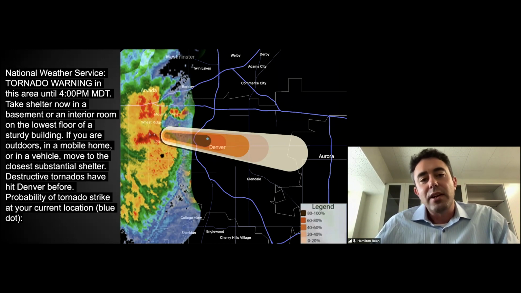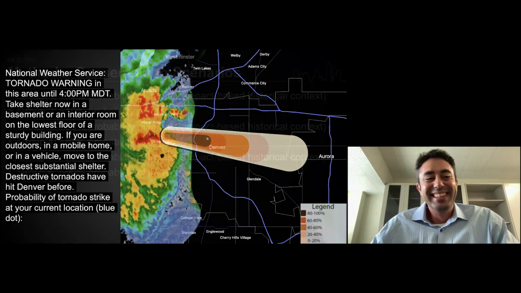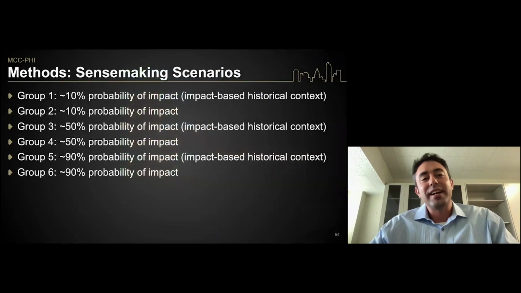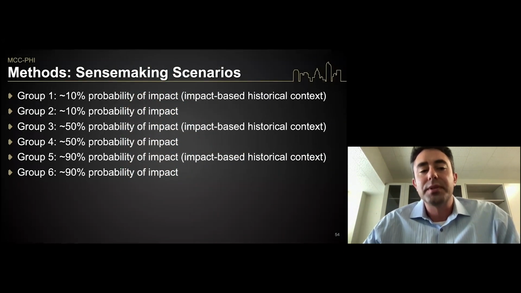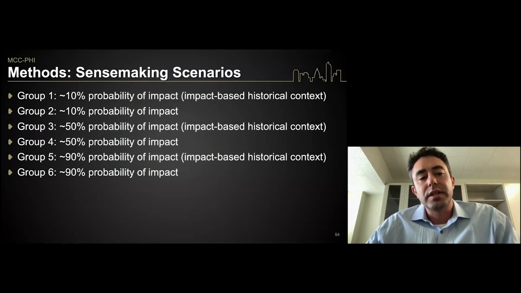But since everybody has already gone to the interior of the building, they're going to remain safe and nobody will be hurt in this scenario. But you can get a sense of what we're trying to do in the workshop. We're going to have six workshop groups. We're going to show them different combinations of messages, some at 10% probability, some at 50, and some at 90, in different orders, and do exactly what